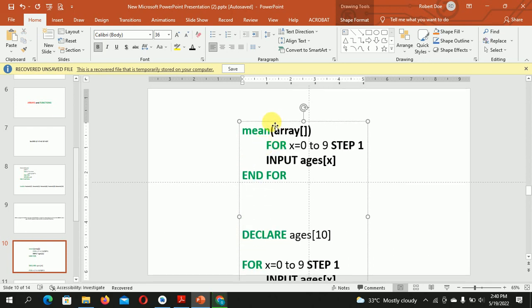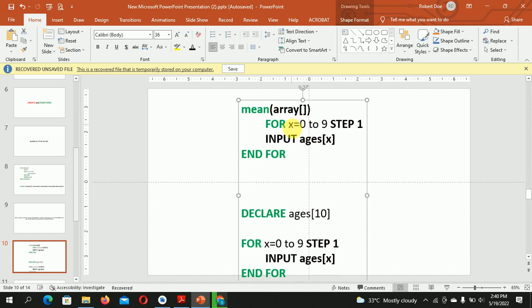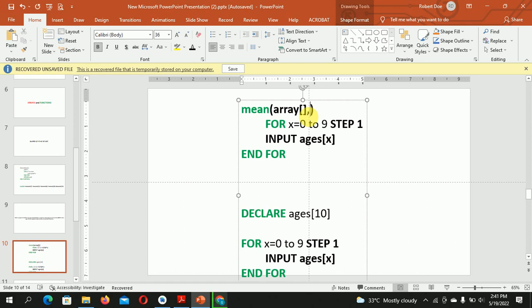Paste it, drag it up a little, and I'm going to say it moves from 1 to. You don't only pass the array in there, you need to pass the length of the array. Okay, so I'll move from 1 to length of the array